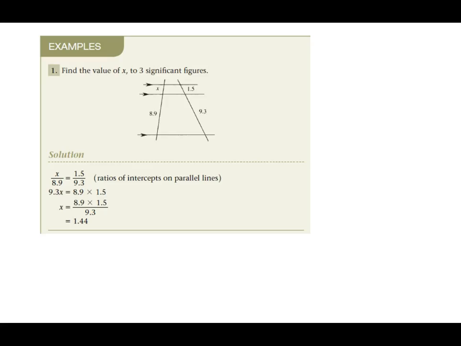Now let's have a look at the first example. We've got to find the value of x. So using our ratios of intercepts, we write x over 8.9 equals 1.5 over 9.3. Then they do this annoying thing again. All you have to do is multiply the other side by 8.9 and you get the answer. So x equals 8.9 times 1.5 over 9.3. I really don't know why they do that. But anyhow, it works out to be 1.44. Okay, so let's copy that one down, and then we'll have a look at the next